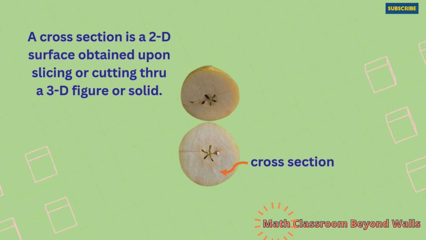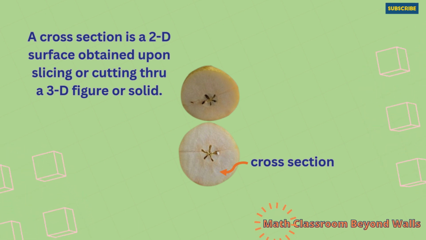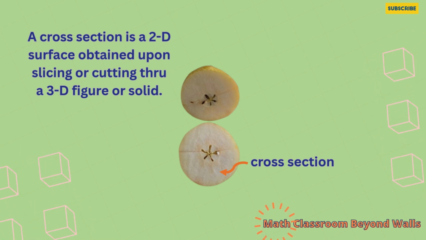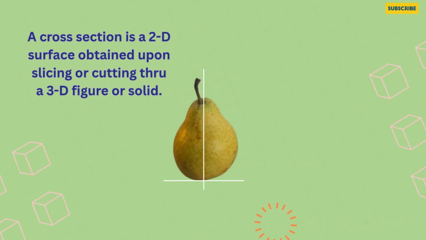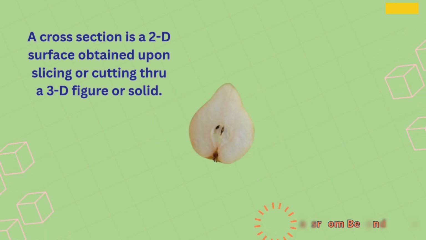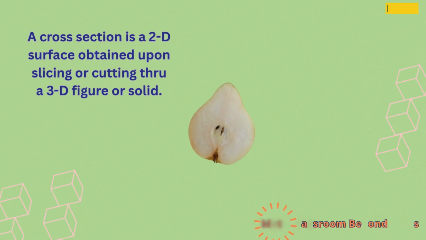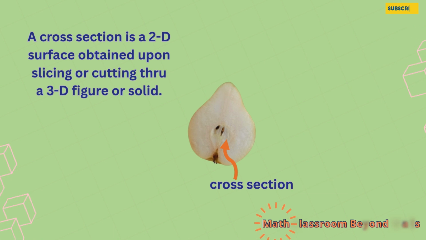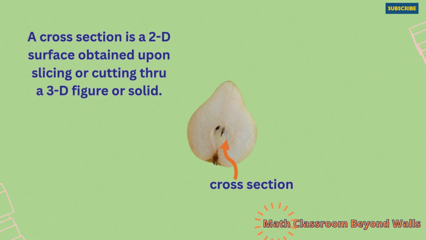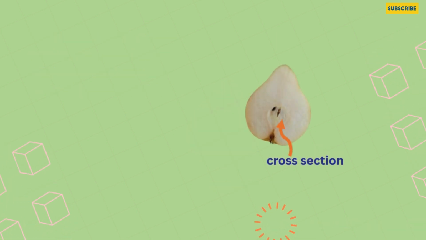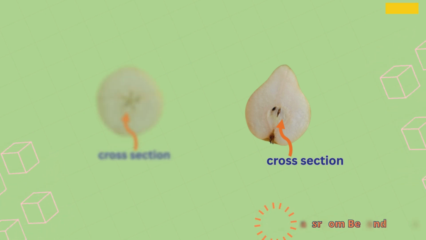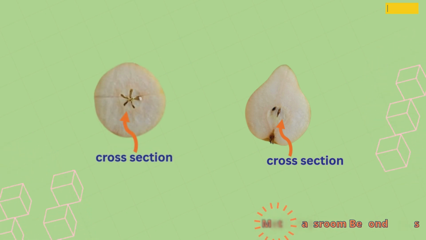How about if we slice the fruit perpendicular to its bottom? Will the cross-section be the same as the previous one? Let's find out. There you are, learners. You have observed that the shape of the cross-section obtained depends on the orientation of the cutting or slicing made. Slicing the fruit perpendicular to its bottom gives a different cross-section from when it is sliced